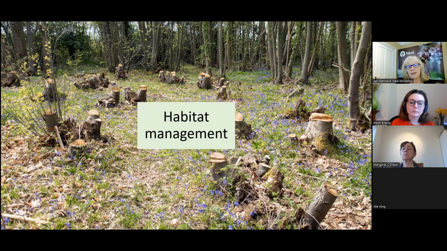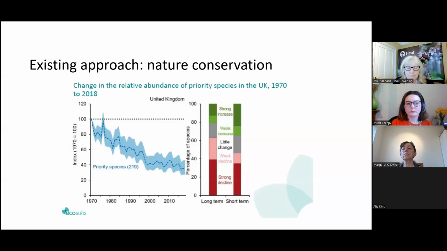And as you'll see in a minute, what's really interesting is the connection between the way that conservation organizations have worked and what rewilding is doing. You'll begin to see the connections between the two. So that's a really short summary of what conservation is, but what you've got to remember is they protect what's left. That's the really key thing. So how has protecting what's left, and also some creation of new sites, how's that been? This will give you the idea. Since 1970, when we've had brilliant conservation organizations doing masses of work across the country, this is what's happened. So you've seen this continuing drop.